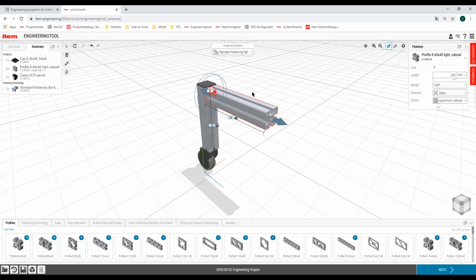Hit enter, and then you can see, before I hit enter there are those arrows for moving the profile up and down. As soon as I hit enter or click the lock, the value is locked, and you can only change this value by entering a new value or by unlocking this value.